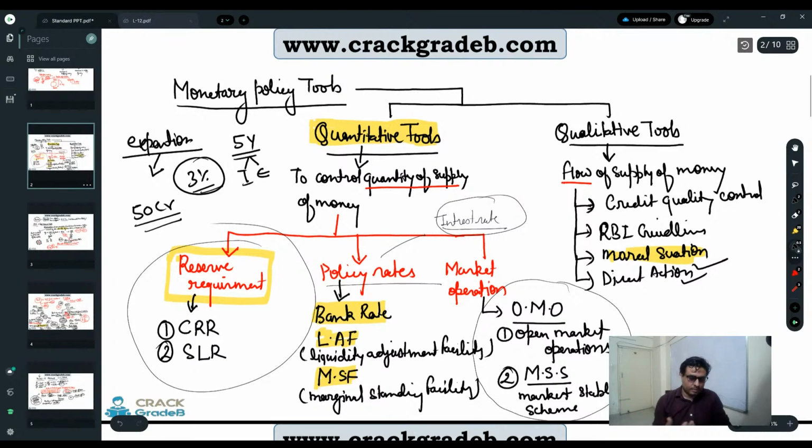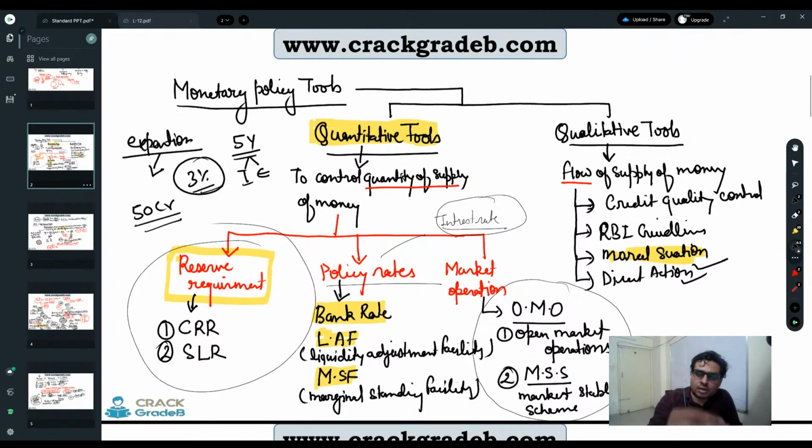Tomorrow, in the next class, I am going to explain first what interest rate is and the nature of interest rates in India. One is managed interest rate, one is free market interest rate. In an economy like India, interest rates are heavily managed, right? First I'll explain the interest rate and its objective within monetary policy objectives. So in total, I'll explain the interest rate.